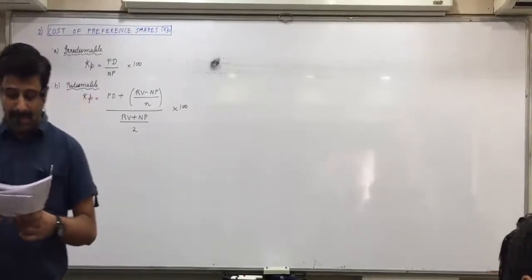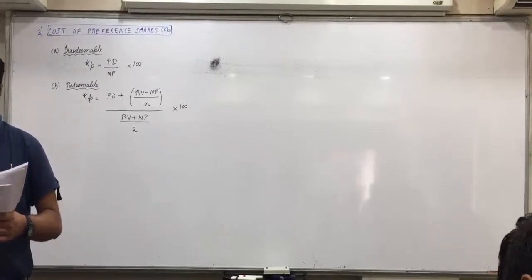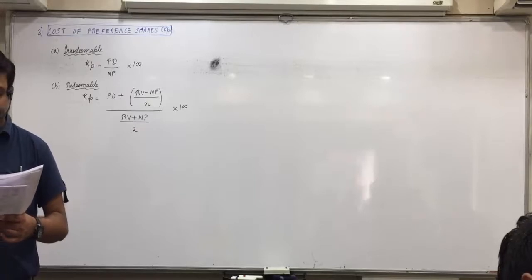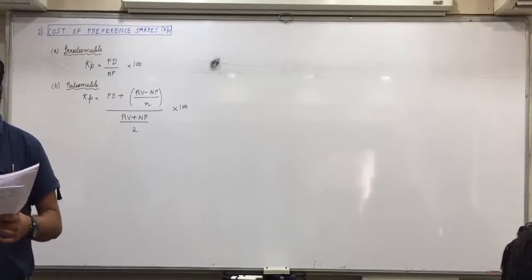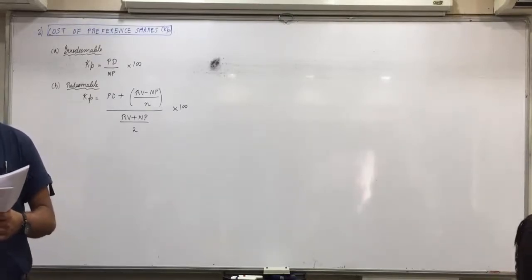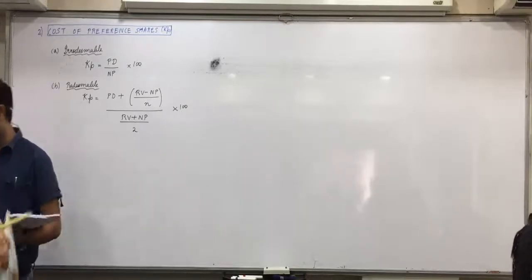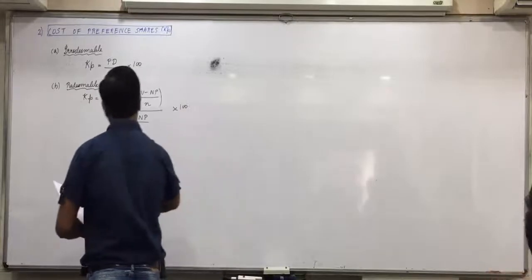If they are issued at premium, then 10 lakhs minus 20,000 as it is, plus the premium, 10% of 10 lakhs, 1 lakh. So 10,80,000 will be the net proceeds. And if they are issued at discount, then 10 lakhs minus 20,000 as it is, further 5% discount on 10 lakhs, which is 50,000. So the net proceeds will be 9,30,000. Understood that? Anyone having any doubt in this? So let us solve it.